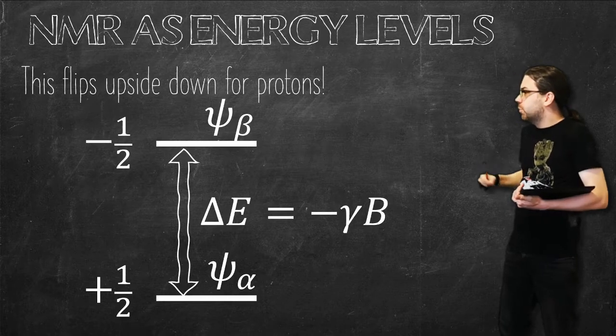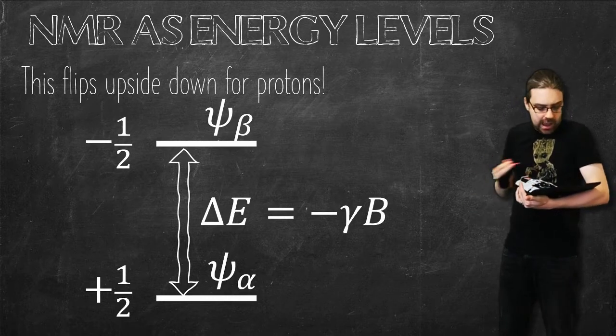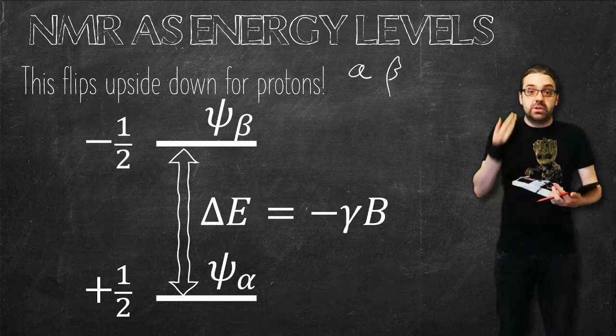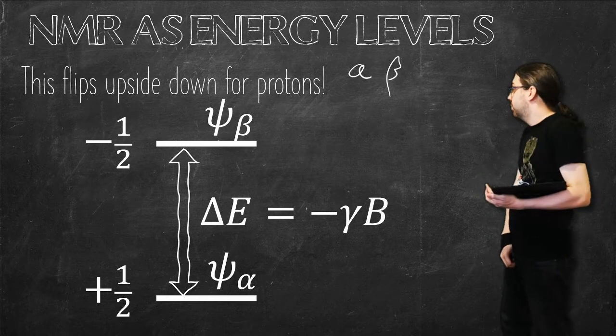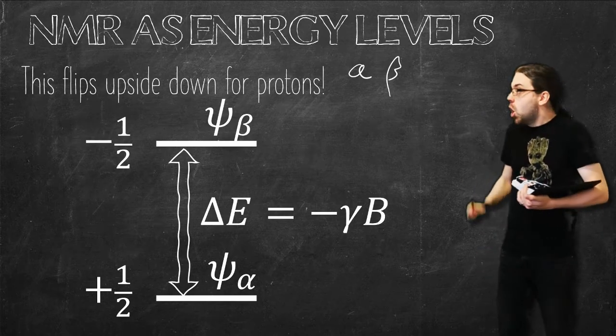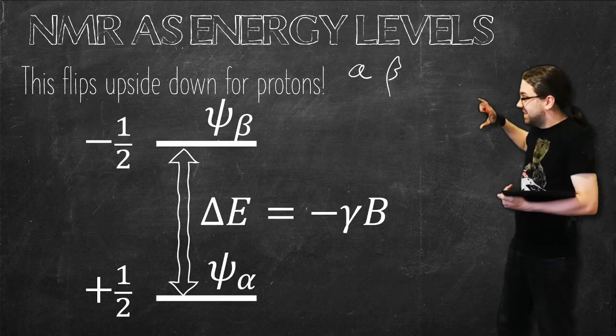So we're going to stop calling them spin up and spin down and refer to them as alpha and beta. Spectroscopists sometimes use spin up and spin down as well, but really we're interested in calling them alpha and beta out of the NMR tradition. That's not the only thing that changes. That diagram